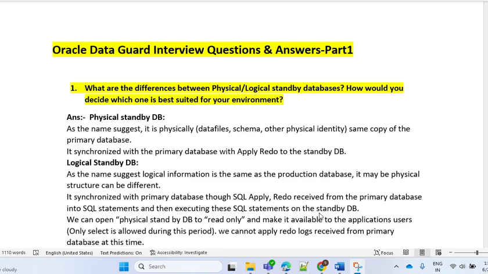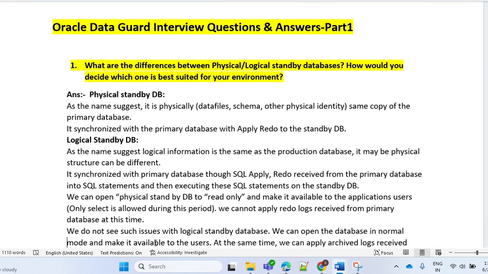We can open a physical standby database in read-only mode and make it available to the application users. Since it is read-only mode, users can execute select queries during this period, and we cannot apply the redo received from the primary database at this time. And then